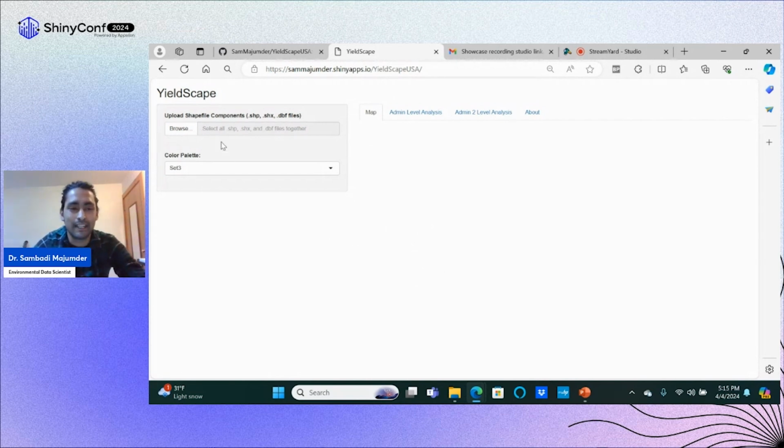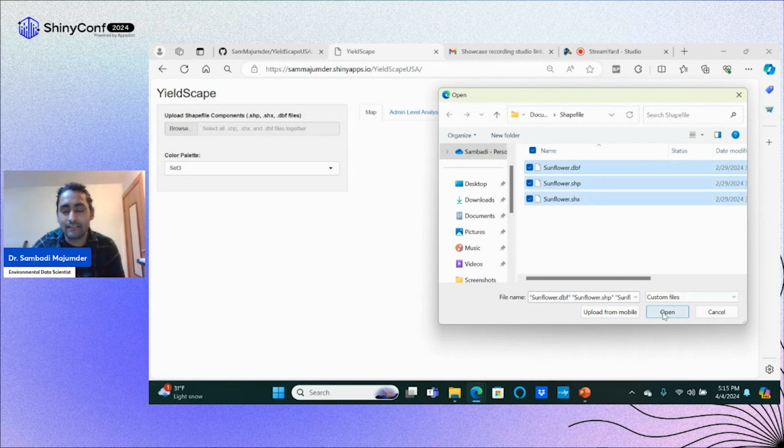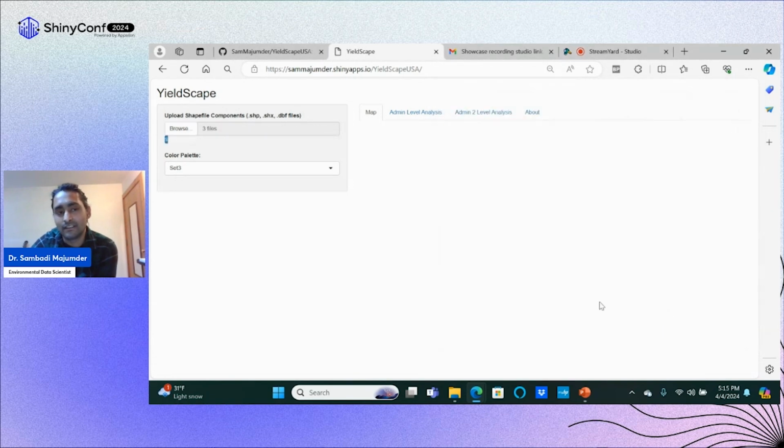So it expects a shapefile where you will have your yield data. So if you click on it, be sure to upload the shapefile, the .shx file, and the .dbf file. These are also explained in the detailed README of the GitHub repository for this app. So if you give it a second,